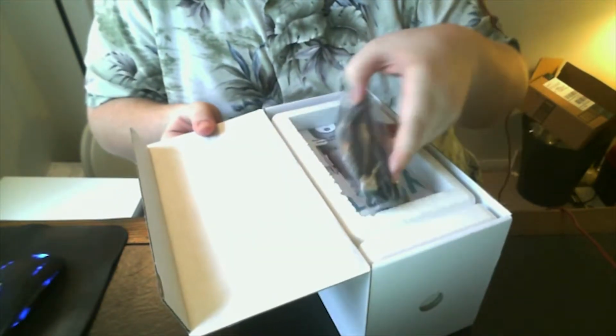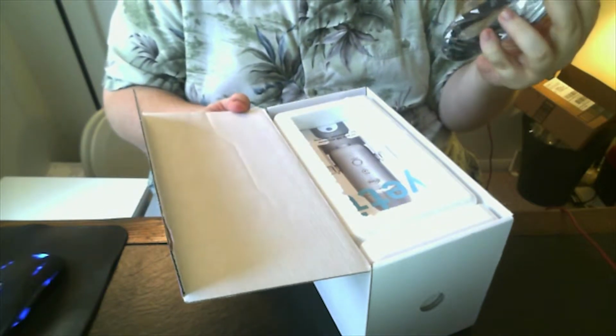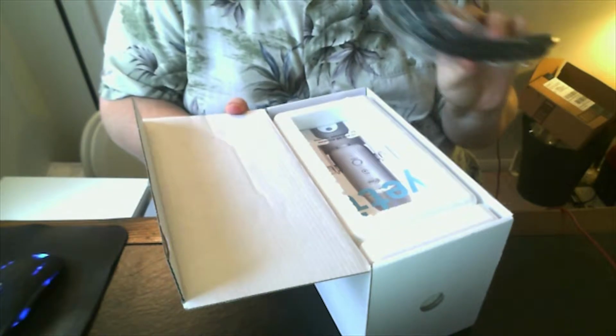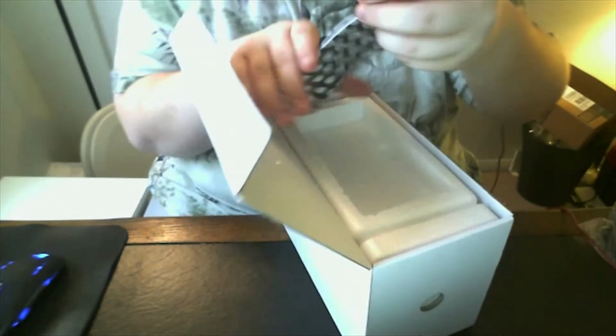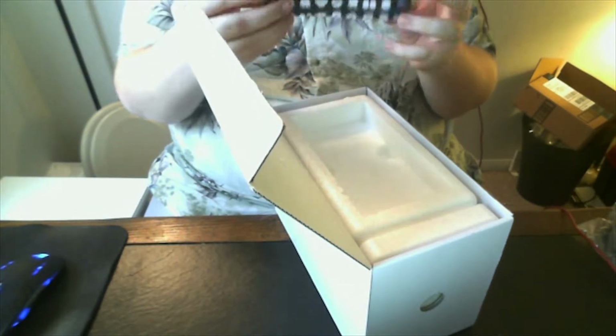Whoa. We've got our USB cable. Looks pretty nice size and length. There's a lot of coils here. This looks like you could reach pretty far. I've heard someone say it's 10 feet in length, but I'll have to make sure of that. Okay, we've got our